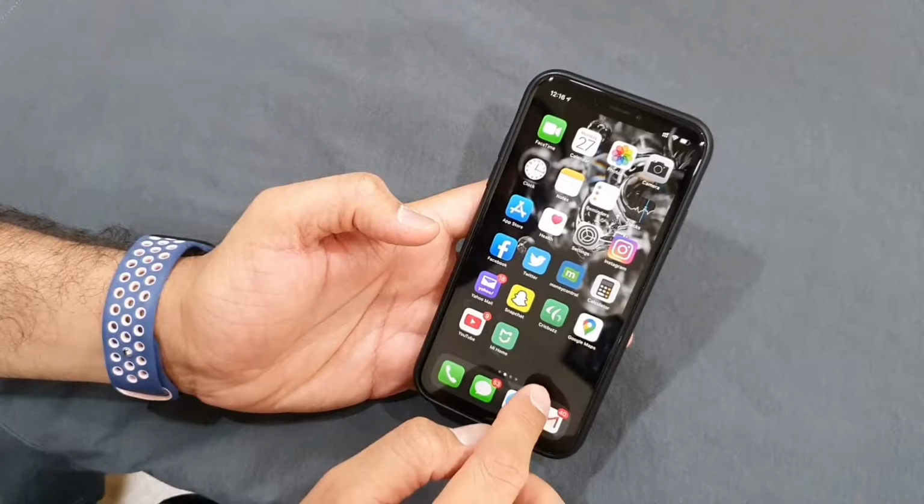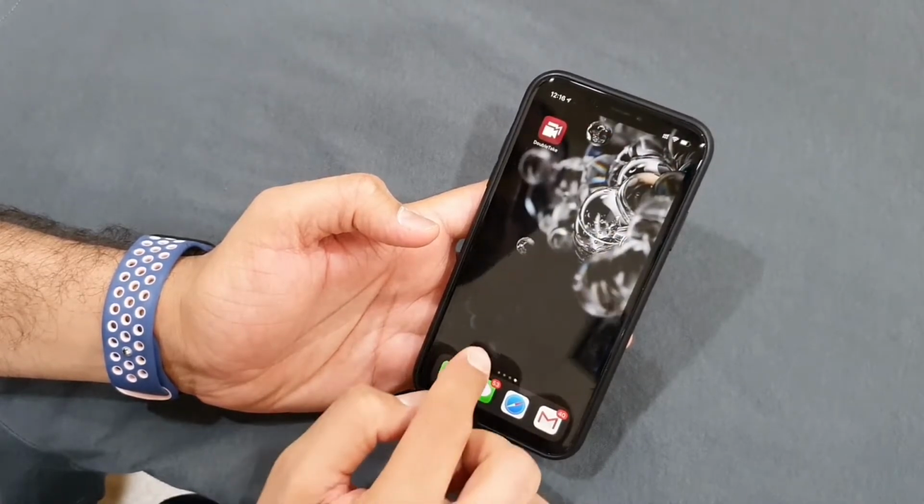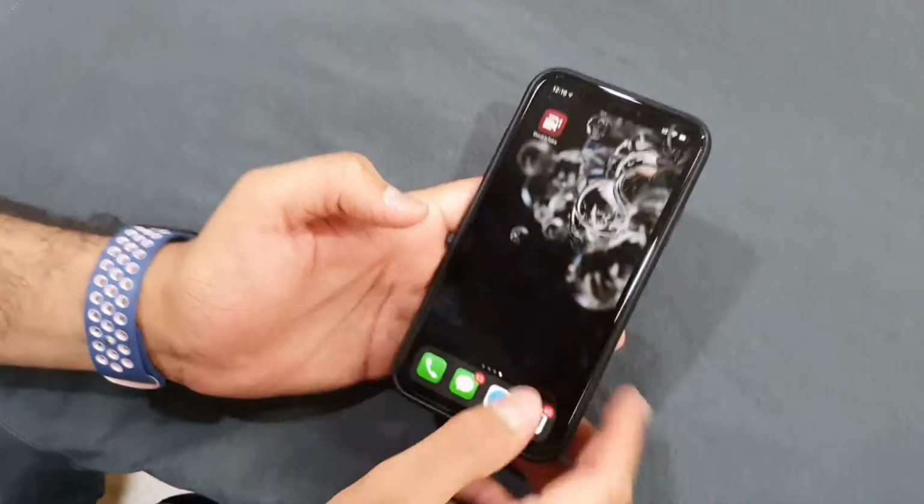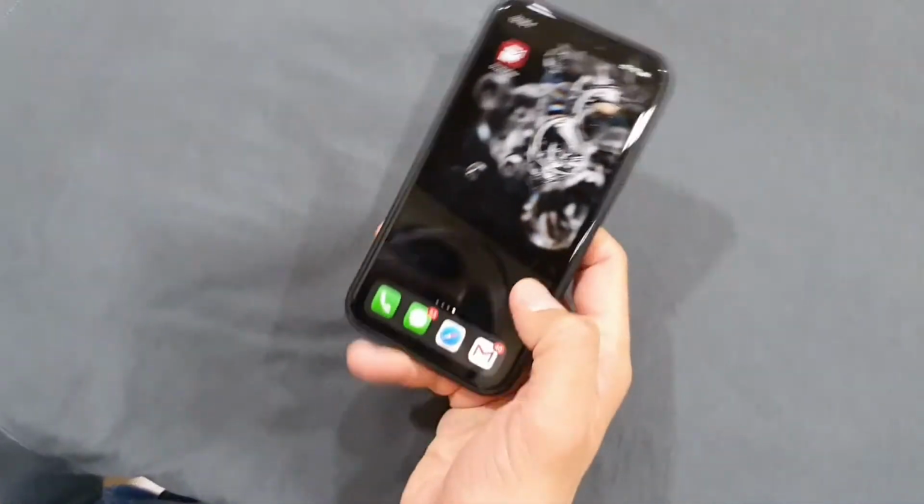Just tap it at the bottom part like this and you are done. You don't need to swipe it. See, if you are using your phone with single hand, here